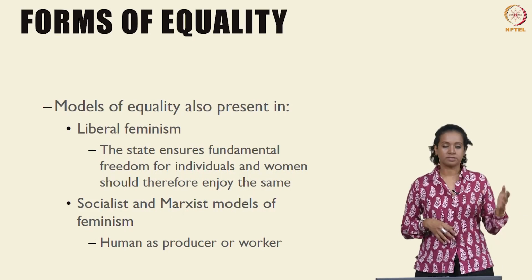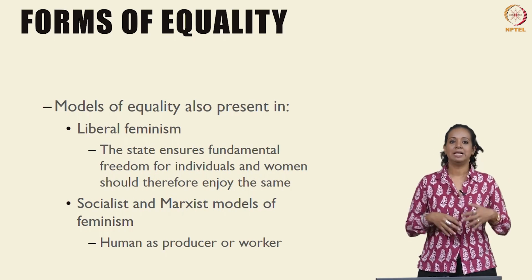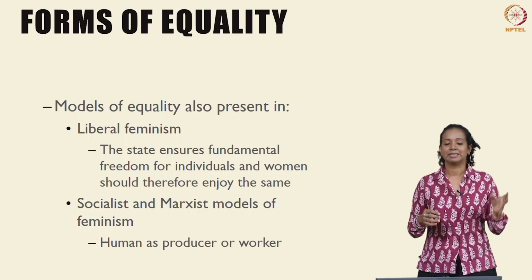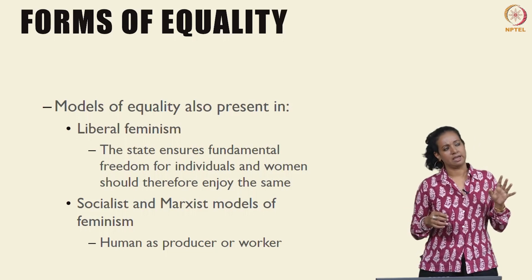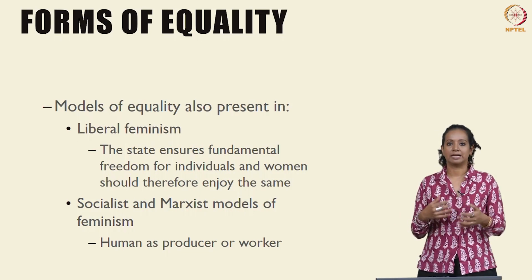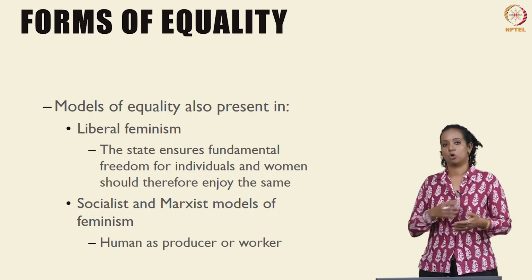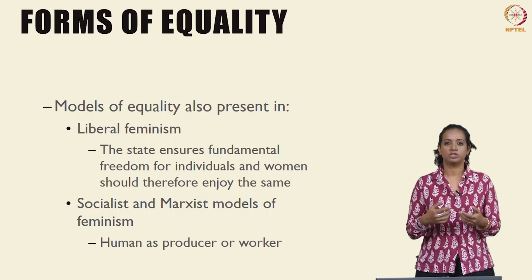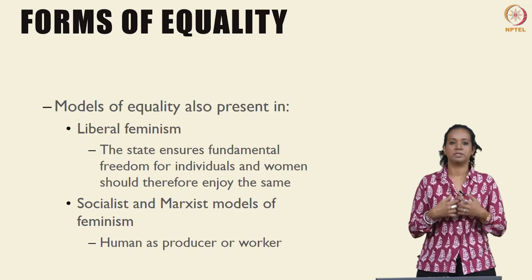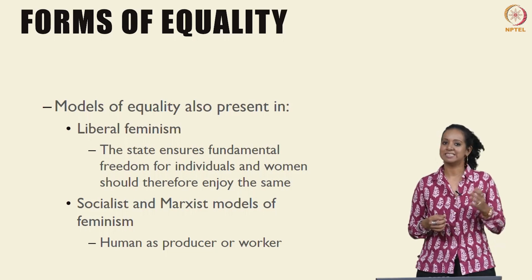In socialist and Marxist models of feminism, again, these derive from socialism and Marxism that thinks about the human as a primarily productive entity. It analyzes the human as a producer or a worker and therefore bearing that kind of value in a capitalist economy, and then suggests that if women are also part of that polity, their rights should also emerge from their capacities as a producer or a worker, as owner of property, or as bearing the same kind of class consciousness and consequences as men.